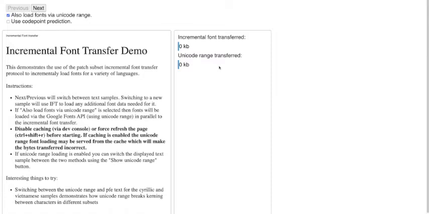Based on the specification work we've done so far, we built an actual in-browser demo of this. It has a real incremental transfer client running in JavaScript, talking to a real server that's producing the patches, and that's all happening in real time. In addition, this demo also in parallel will load the fonts using a more traditional approach, where the fonts have been split up into one subset per script. Then the script subsets that are specifically needed are loaded, and that's called the Unicode range method.